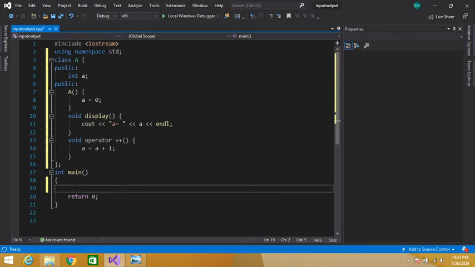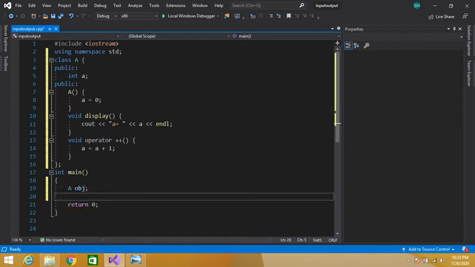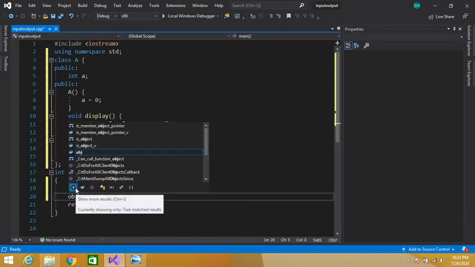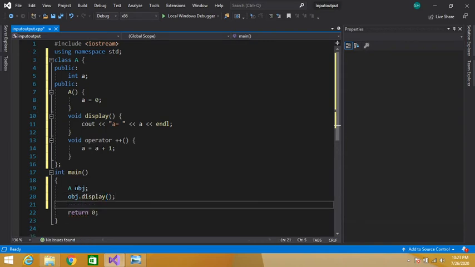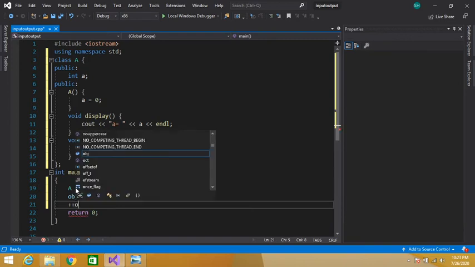Now in our main function, let's create the object of our class a. So we have created the object of our class, and using that object we can access our member function display. Let's increment our object.